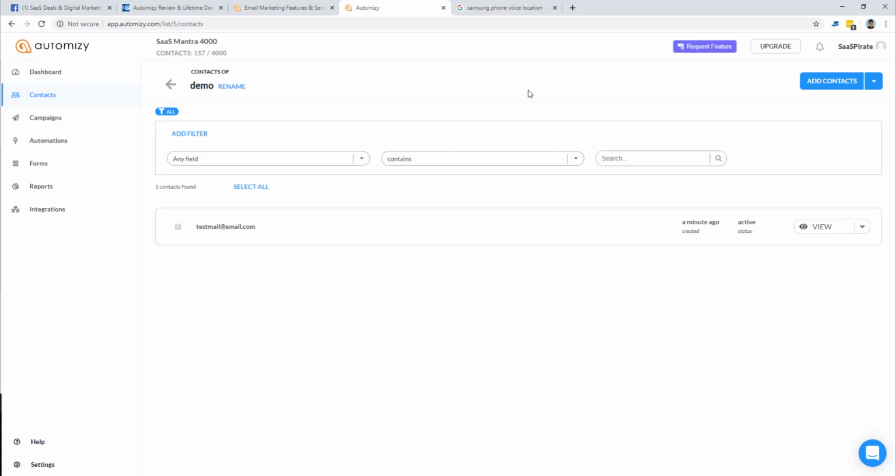That is how the import works. Sorry. So we have just now looked into the forms and collection of contacts. Next, before we go into the campaigns and automation, where the advanced and main functionality of this platform is,